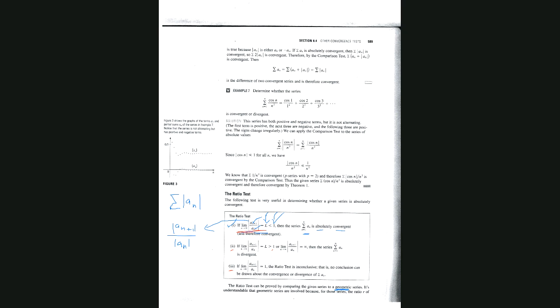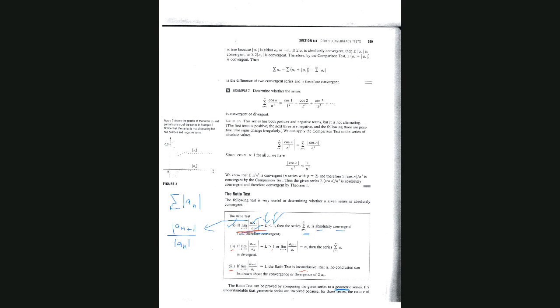Geometric series converge if the absolute value of the common ratio is less than 1. Geometric series diverge if the absolute value of the common ratio is greater than 1. But there's no statement at all if the common ratio equals 1. Okay, so in that case, the ratio test is inconclusive, and